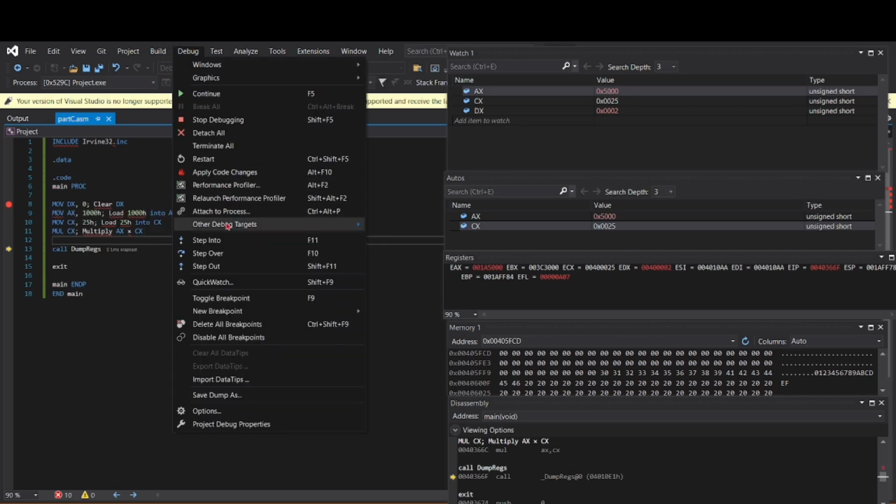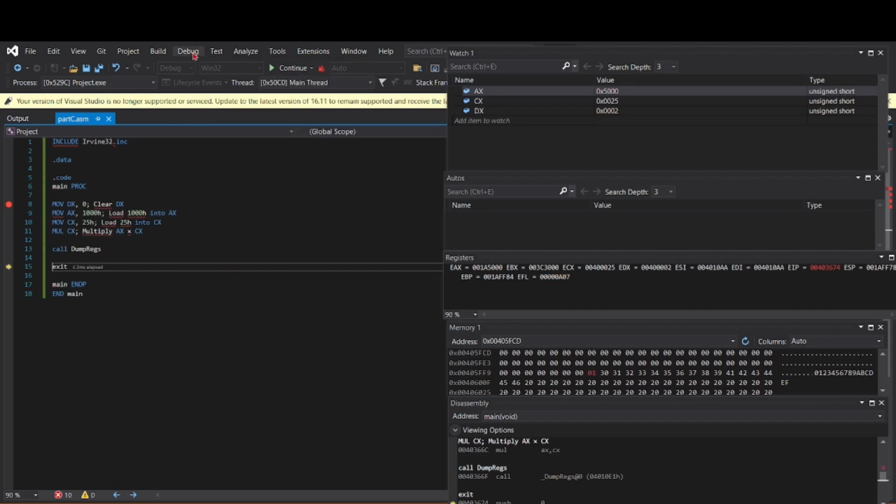The DumpRegs function is to display the final contents of the registers here. So that's all for